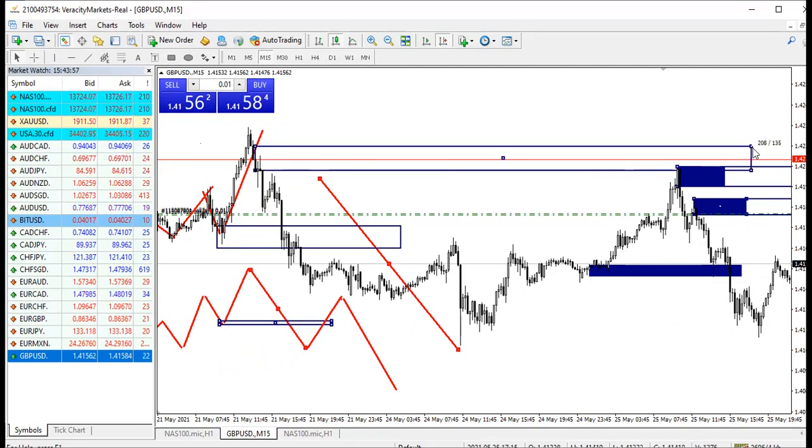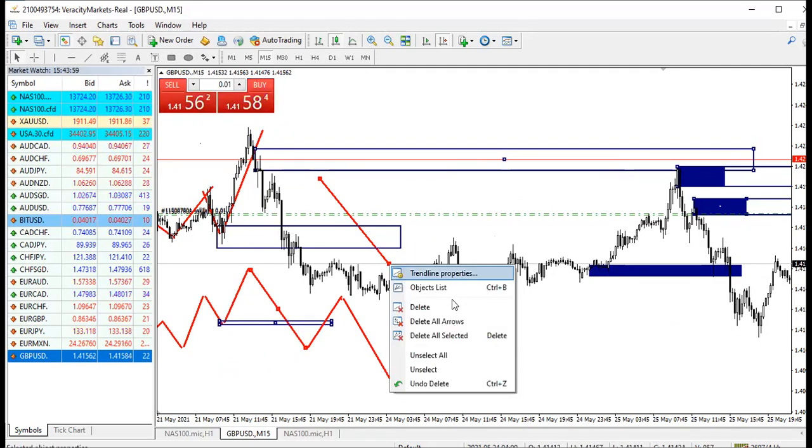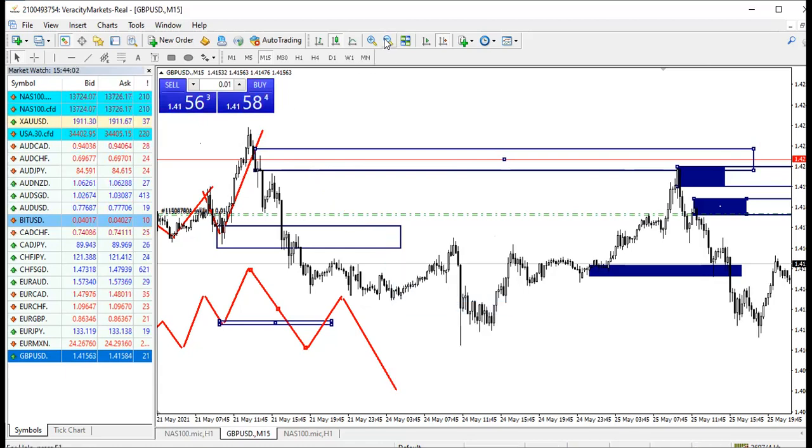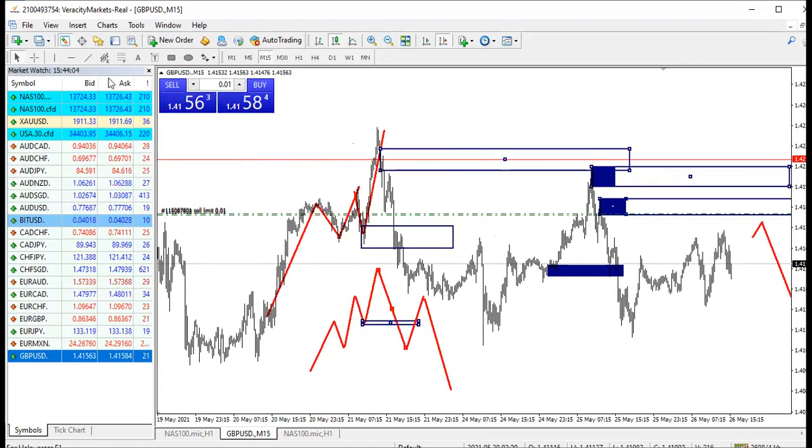Then I do this, meaning I'm expecting the market, when it comes back, I get it here. It broke my low. It broke this low. So after breaking, I'm expecting the market, when it comes back, it will get my imbalance. It will find my imbalance at that zone. So the market went down.